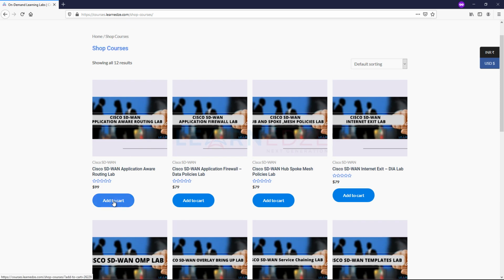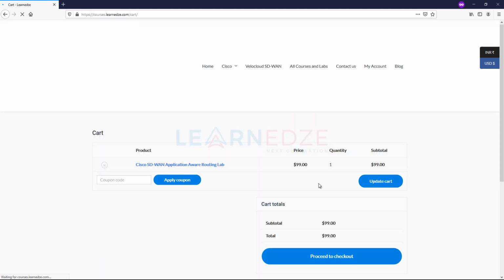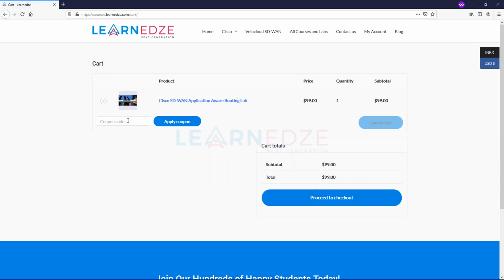Let's say I want to add the application aware routing lab. Click on Add to Cart. It will be added to the cart. So view cart, or if you want to purchase any other labs, add them to the cart. Just click on View Cart, and if you have any coupon code or any promotion that we are running, you can just apply the coupon code